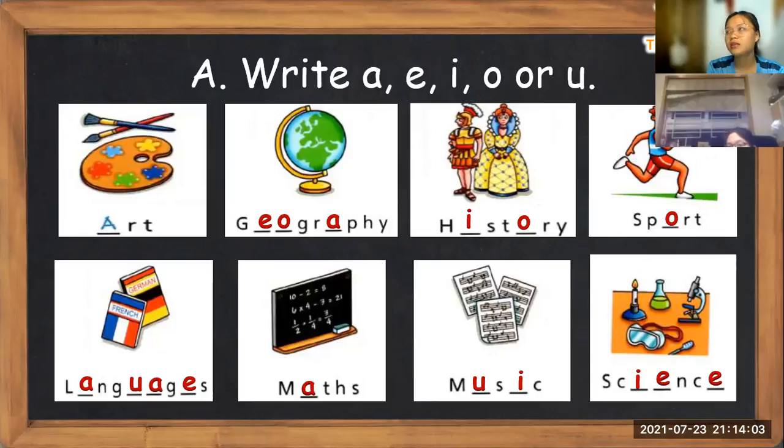Và một lưu ý nữa, người ta thường sử dụng body language khi chúng ta nói về một chủ đề gì đó, chúng ta không phải ngồi im. Today I will talk about the topic family. There are 3 people in my family. Nghe rất là nhàm chán đúng không? Thì chúng ta sẽ sử dụng cơ thể và chúng mình nói. Hello everyone, today I will talk about my family and there are 3 people in my family. Vân vân, ta có thể biểu cảm ngôn ngữ cơ thể và gọi chung đó là body language khi chúng ta nói về một chủ đề gì đó. Lưu ý giúp cô phần đấy.